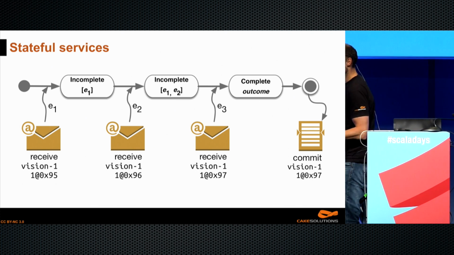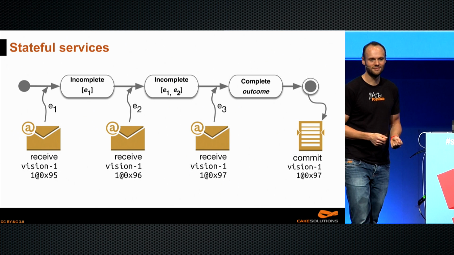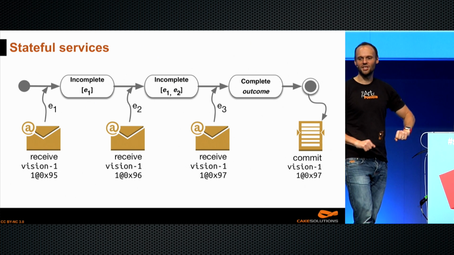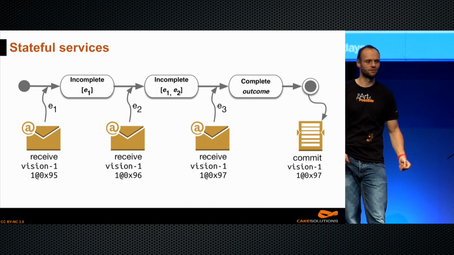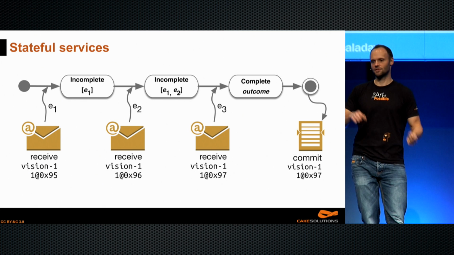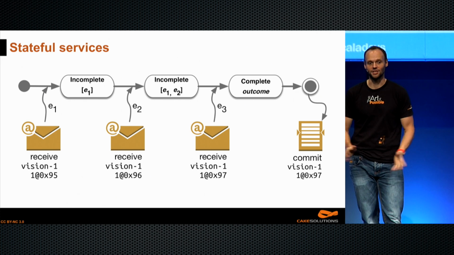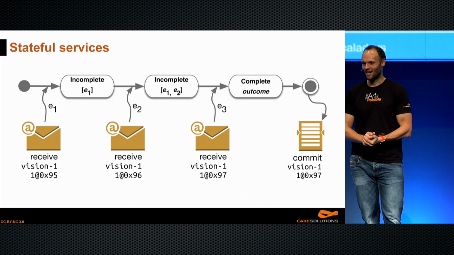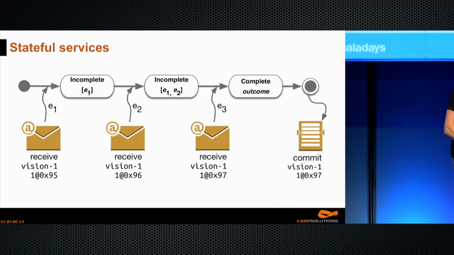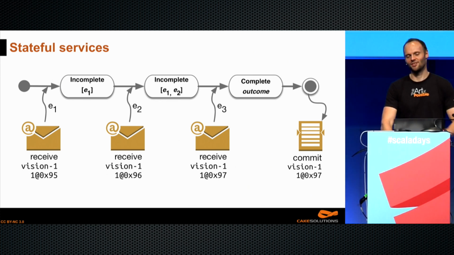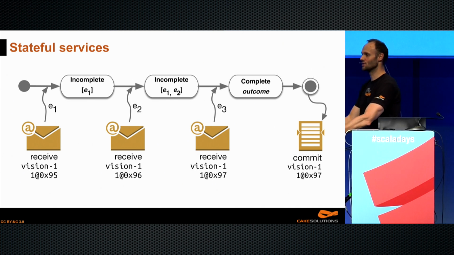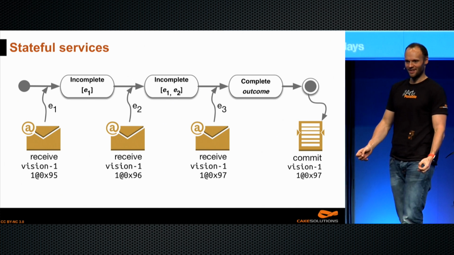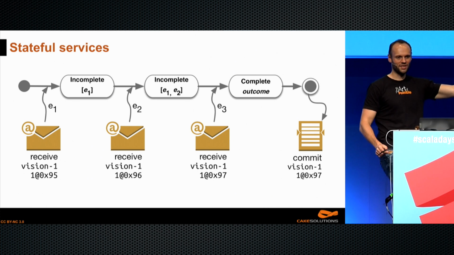How do you make sure that your system survives a crash? So I have this summary service running. It's all cool, receiving messages, and consumes the first message. Okay, it moves to some incomplete state, it receives the second message, moves to some incomplete state, and crashes. What do we do? How do we recover from it? So, you all know the answer, right? We have some sort of event sourcing, we have some sort of persistence. So the next question is, where is this stuff persisted?